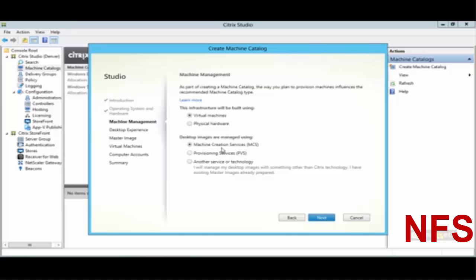So here we have machine creation services, which was the selection we chose originally. Next, in this upcoming nugget, when we talk about how to actually deal with PVS virtual disks or vDisks, we're actually going to work with XenDesktop by associating it with provisioning services instead. And that's the action that creates all the connectivity to get our XenDesktop